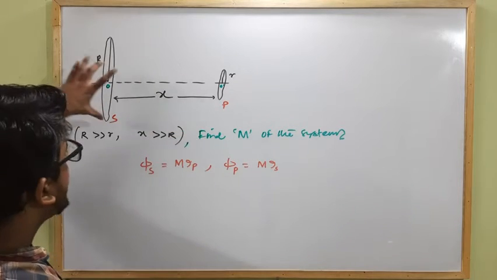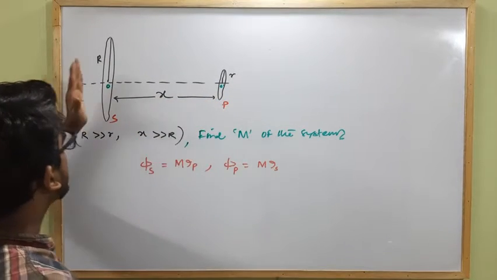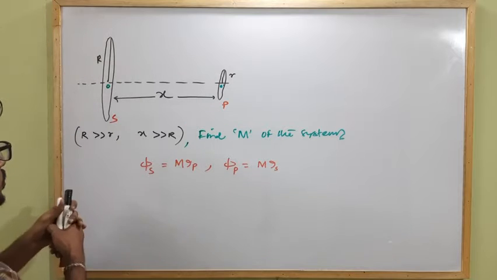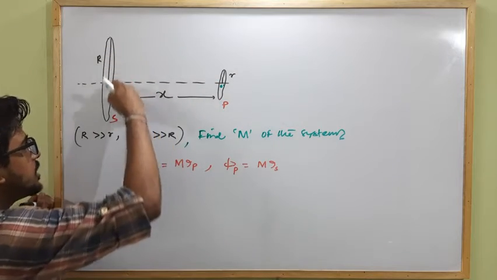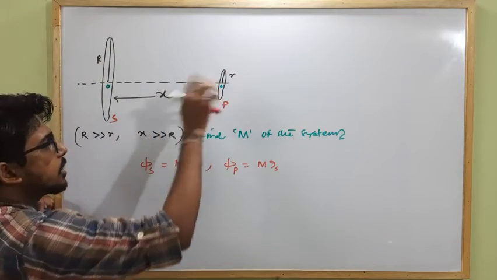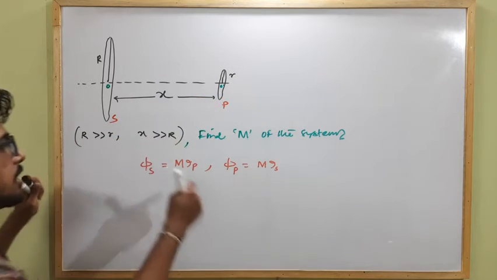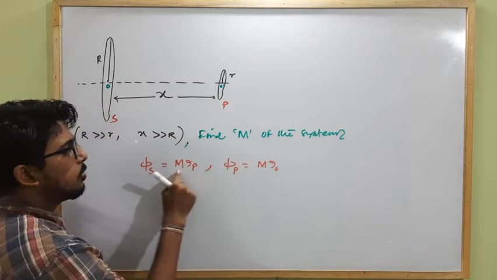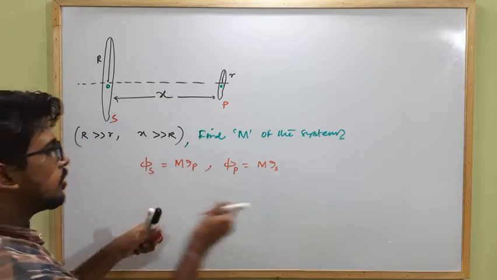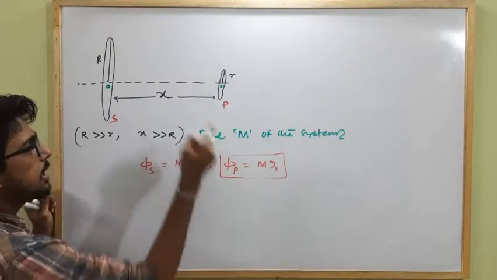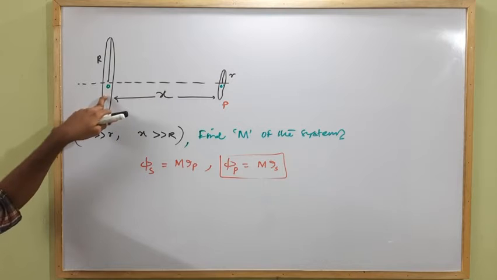So here it will be easy to calculate the flux linked with the primary due to current flowing through the secondary, because, as the condition says, small r is very negligible in comparison to R. So the magnetic field strength due to this ring at each and every point of the small ring will be same. So we can easily calculate the flux linked with this ring, as mutual inductance is a bidirectional coefficient. So it will be same for this and this expression. So for this we have to calculate this one, because it is easy to calculate the flux linked with the primary due to current flowing through the secondary coil.